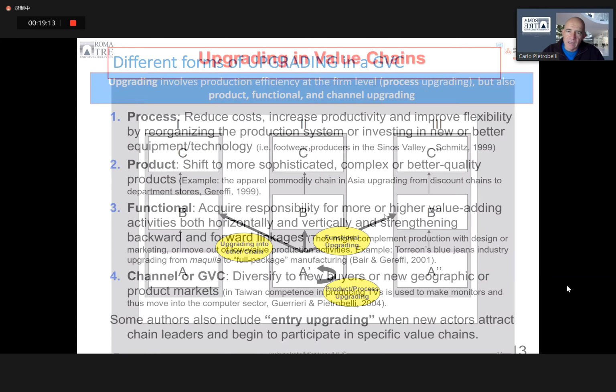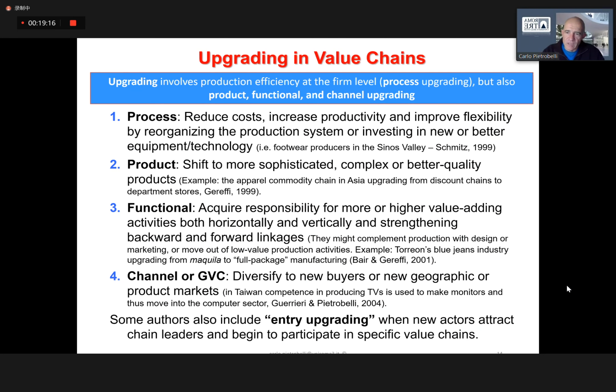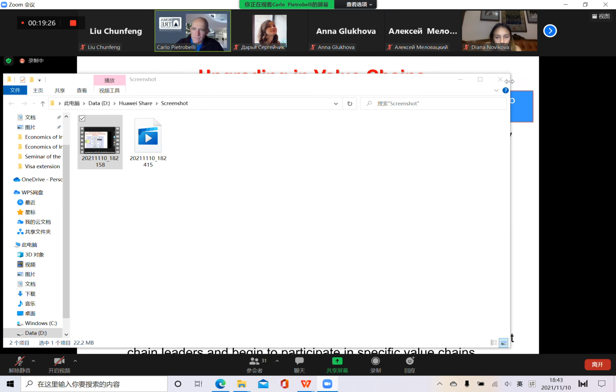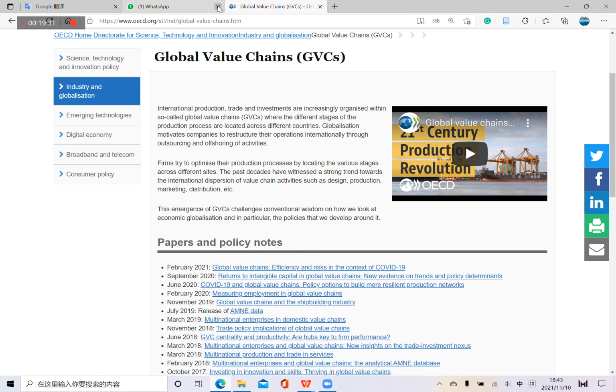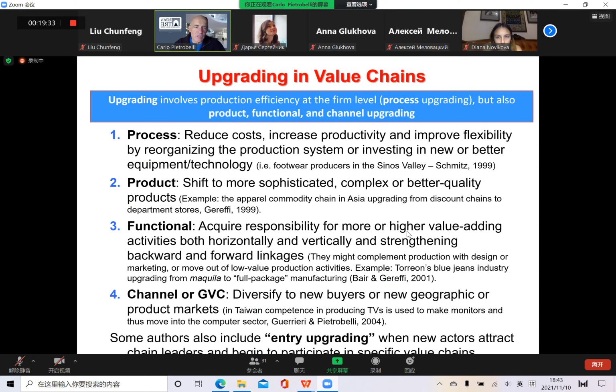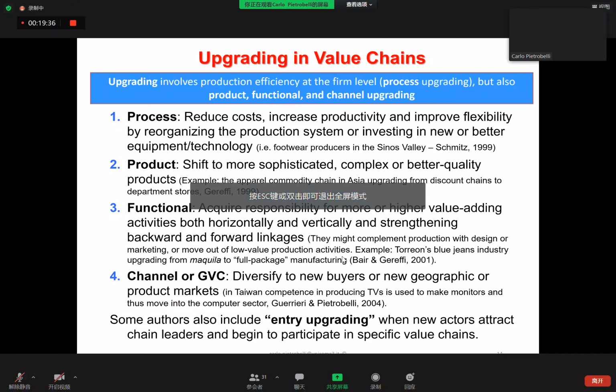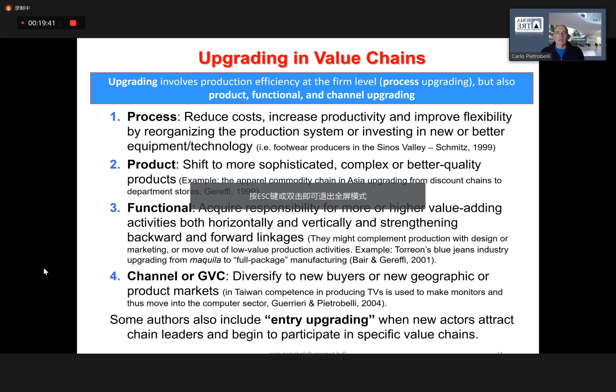I have some examples here and more rigorous definitions where you see that process and product and functional and channel or GVC upgrading can occur, and you see examples from different countries. An example of a functional upgrading is something I'll explain in details in a minute,